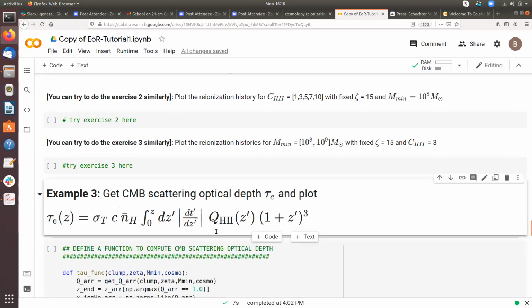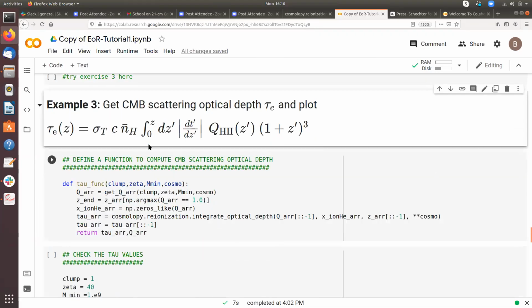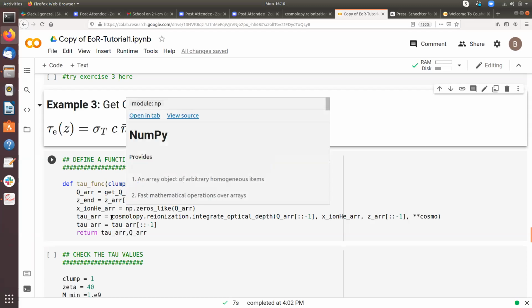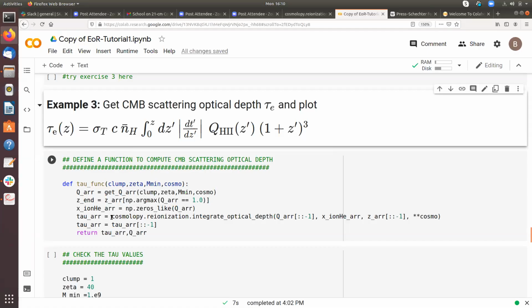So we need to compute this integral, and we can also compute it as a function of redshift z. We define this function, tau func, and it is also a function of the same three parameters: clumping factor, zeta, and m min. For this, you just need the array of ionization fraction at each redshift.